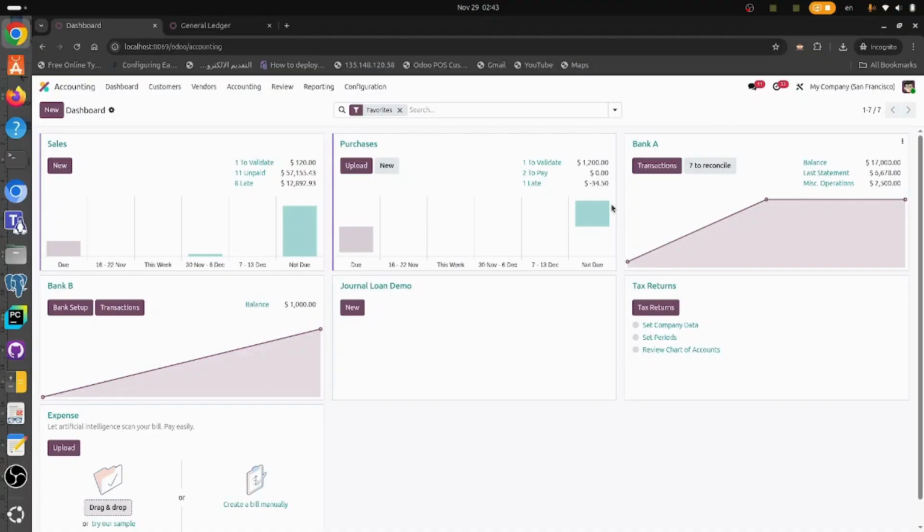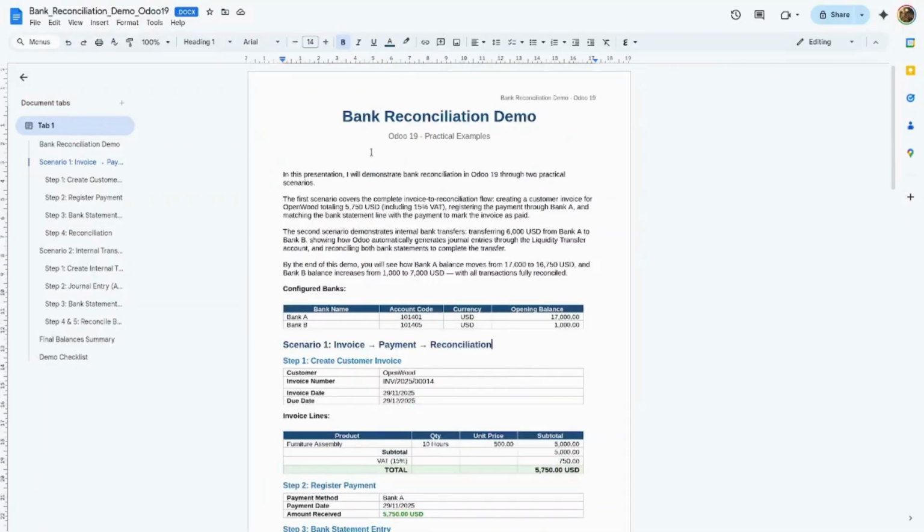Okay, we'll do a demo for bank reconciliation. In this demo, I will demonstrate bank reconciliation in Odoo 19 through two practical scenarios. The first scenario covers the complete invoice reconciliation flow, creating a customer invoice for OpenWood totaling 5,750